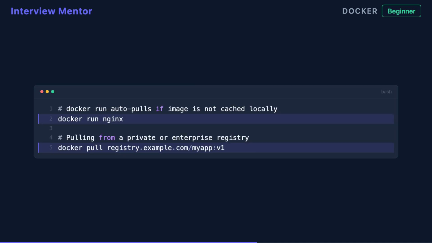Here's the second pull method. docker run will automatically fetch an image if it's not found locally. So docker run nginx checks your local cache first and pulls from Docker Hub if the image is missing. No explicit pull needed. For private or enterprise registries, prefix the image with the registry hostname, like